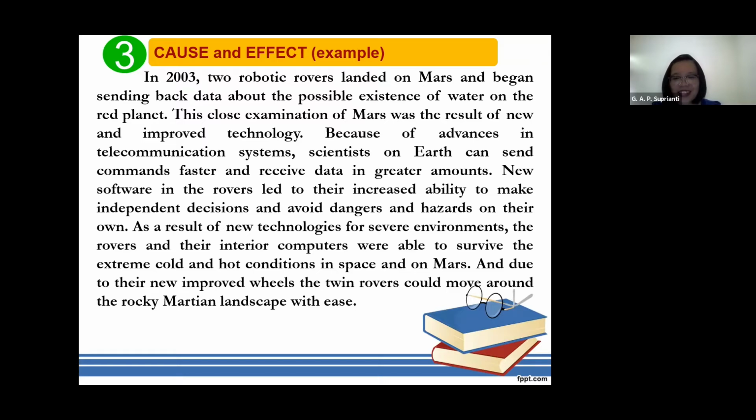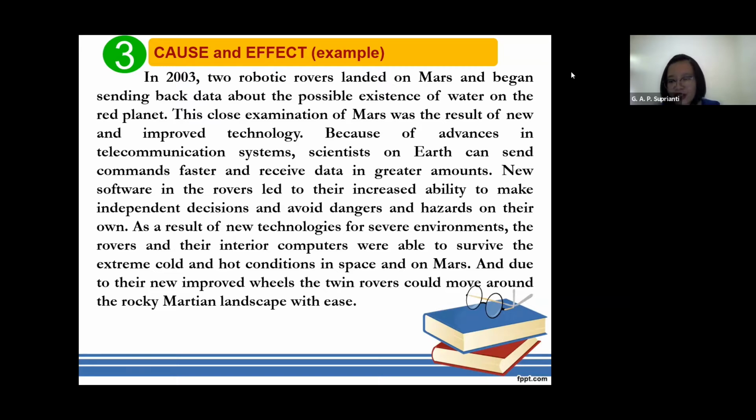So, yes, because of is the cause, ya. Because of advances in telecommunication system, itu cause-nya. And then what's the effect? Ya, the effect is scientists on Earth can send commands faster and receive data in greater amount. Yeah, right. Now, what about the next